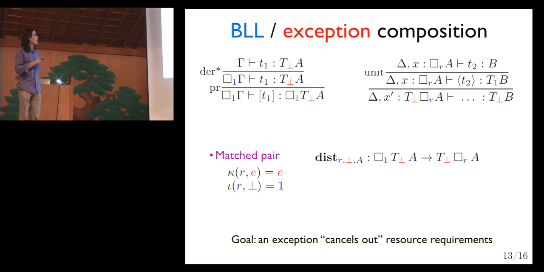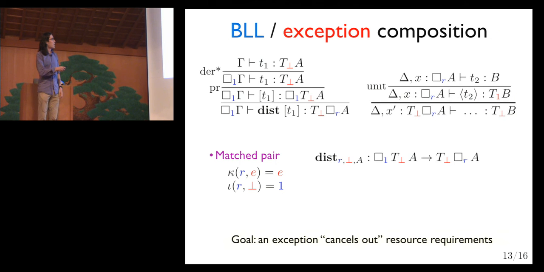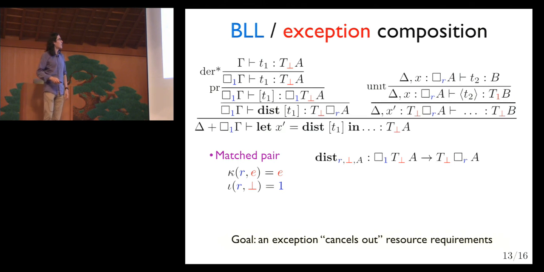And this is exactly the piece we need up here, which says if we've got one copy of an exception, we can turn this into an exception with arbitrary copies of stuff which we actually don't even have anyway because it's an exception. And those are the types we needed over here. And so we can compose those together, let binding. And now we see, yes, we've got the exception coming out at the end, and we only need one copy. We only needed one copy of all of the things gamma to compute our exception. And so that solves the problem.